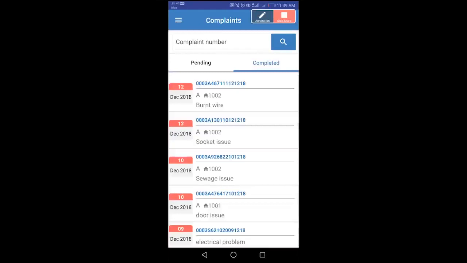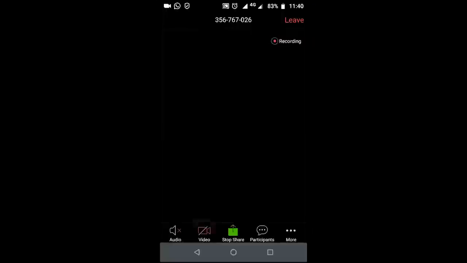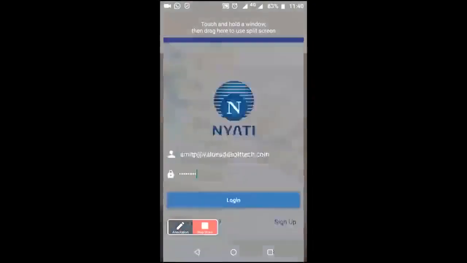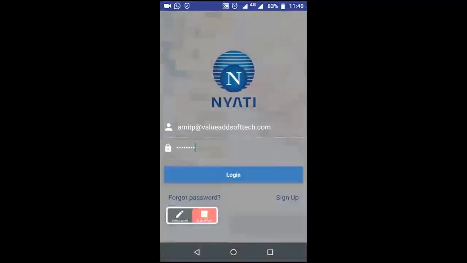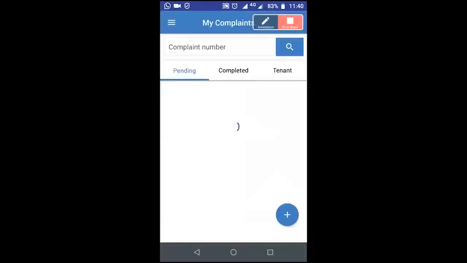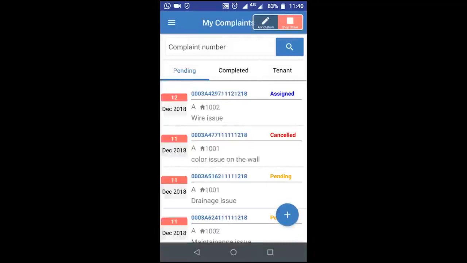Now let us log in as owner to see the status of the complaint. So I'm logging in as owner. Now the burnt wire complaint is completed, so I need to give the feedback for it.